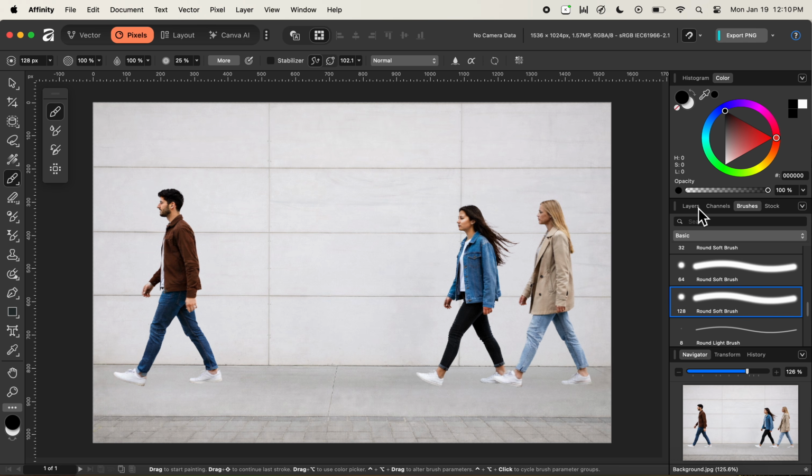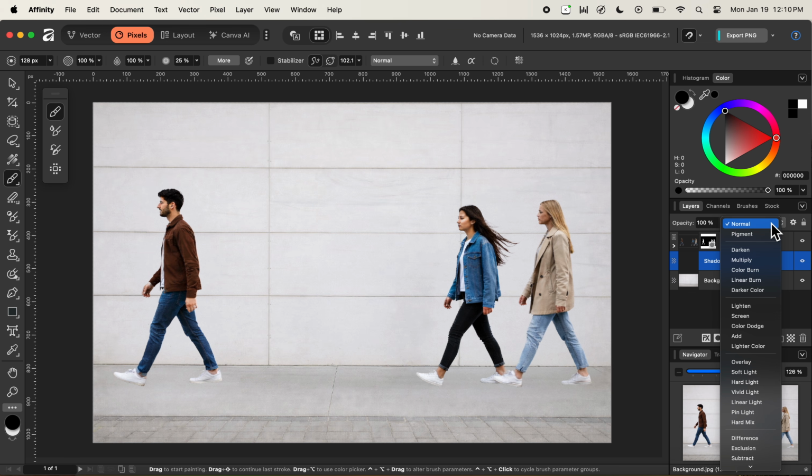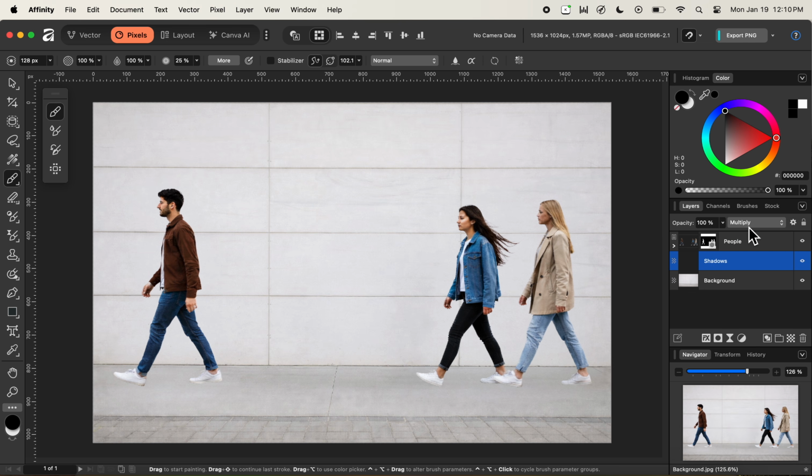And after selecting the soft round brush, by selecting the background layer, let's add a new empty pixel layer. So we'll simply click on this pixel layer icon, which will be adding a new empty pixel layer. So we'll simply double click on this and name it as shadows. And now after naming it as shadows, let's change the blend mode to multiply first. So what the blend mode of multiply does is, it will retain all the dark colors or dark attributes inside of this layer and then get rid of all the white colors or highlights inside of this particular empty layer.